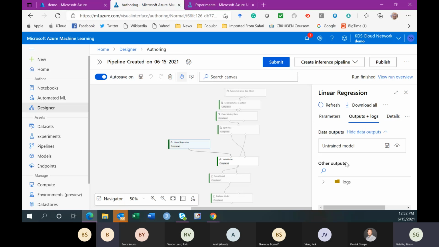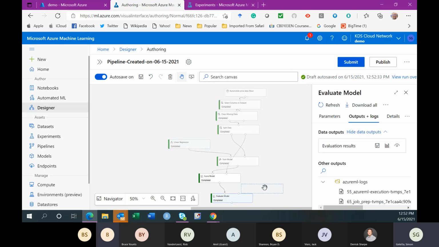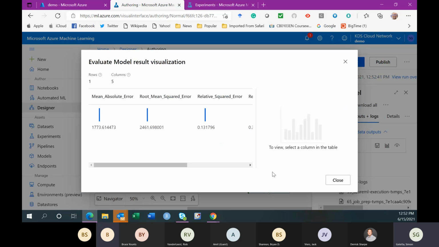Okay, I think the process is successfully completed now, and for our scoring, we can evaluate our results from this evaluation module. I will go in there and visualize evaluation results. How did we perform in terms of overall prediction?